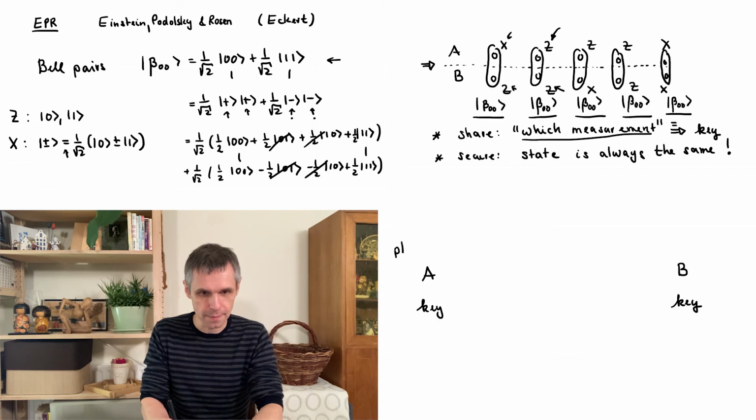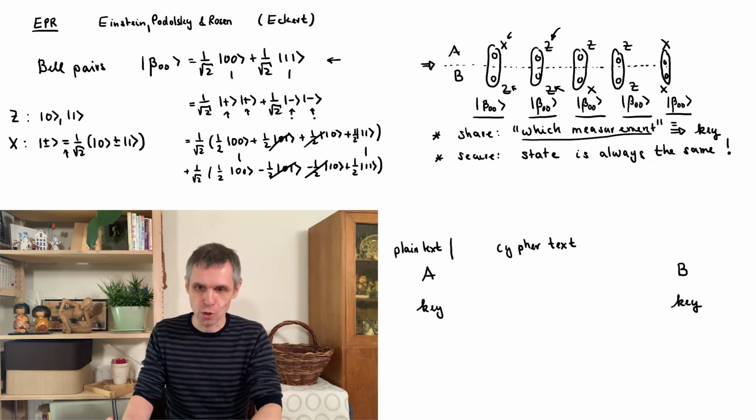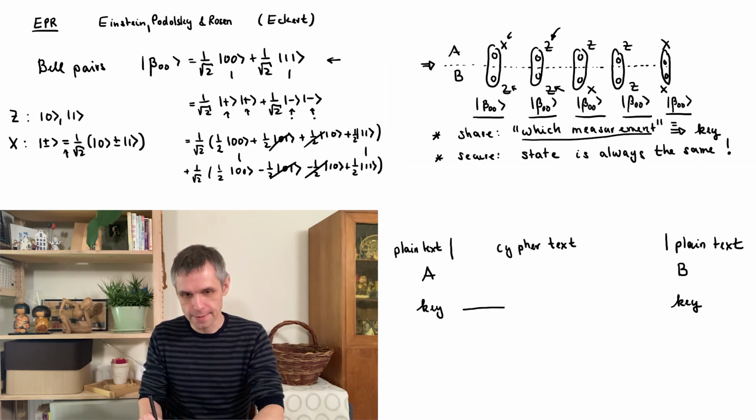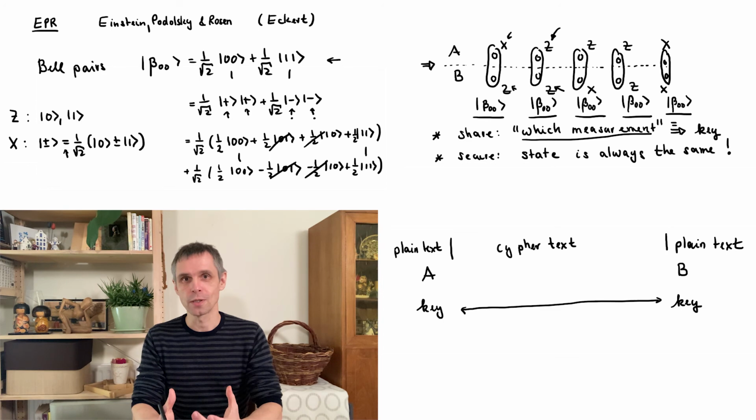So Alice takes her plain text and encrypts it into the ciphertext, for instance, by just adding the key bit by bit modulo 2. And Bob is then just going to use the same key and add it again to the ciphertext to decrypt the message and obtain the plain text. And what has been eliminated is the necessity for Alice and Bob to share this key in a way which is possibly not secure. So these protocols certainly can help to make communication more secure,